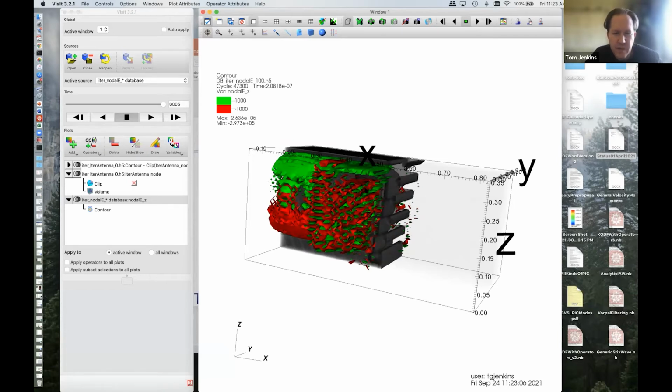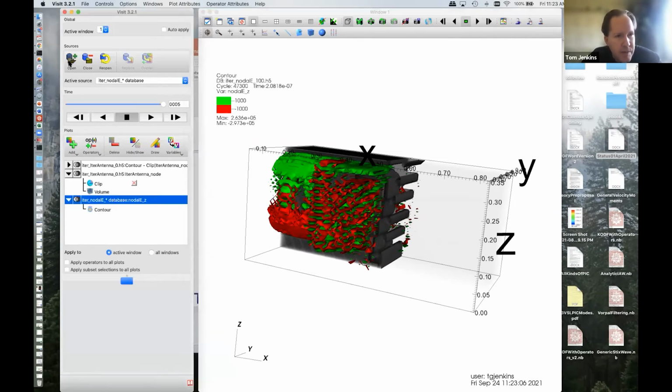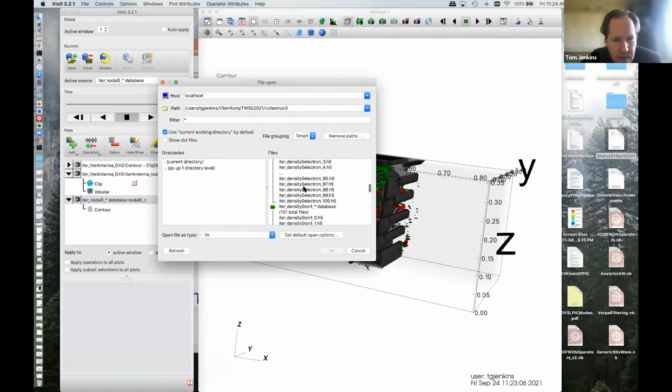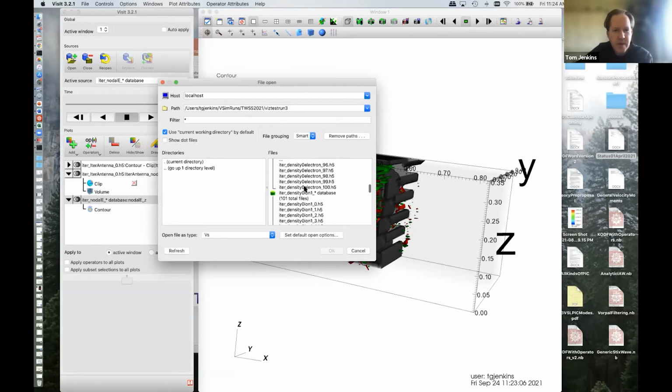Now I can also look at what is the density of the plasma out here that I'm propagating my wave into. So I'm going to open up that file. And what is that called? Density. Okay. Now in this particular case, I know that the density does not change. This is not a self-consistently evolving density that I've got. So I'm going to